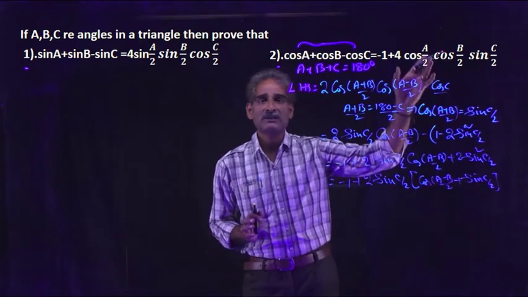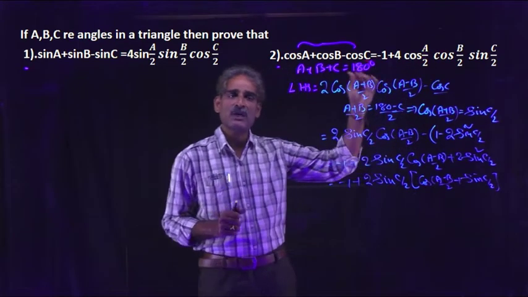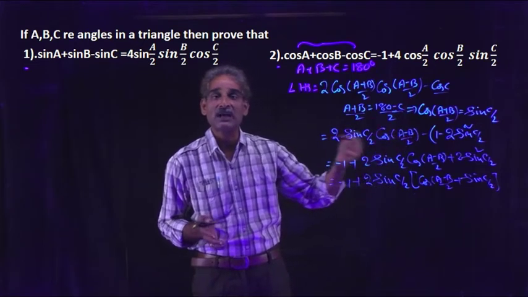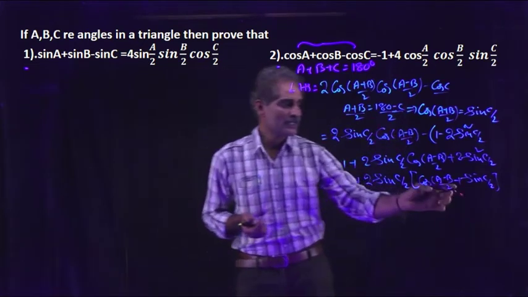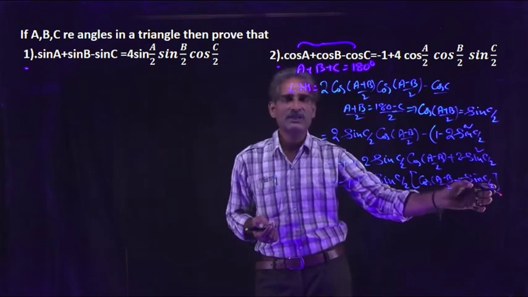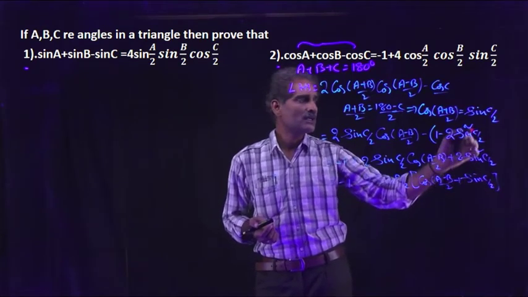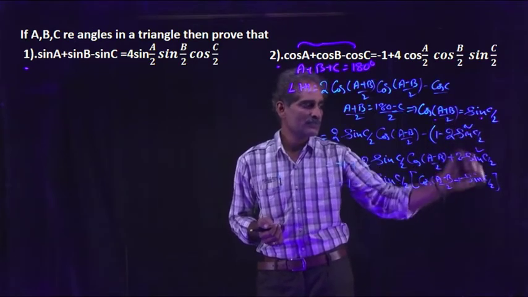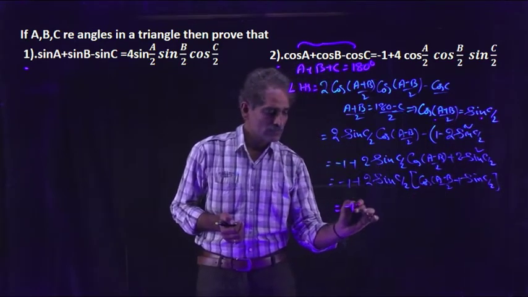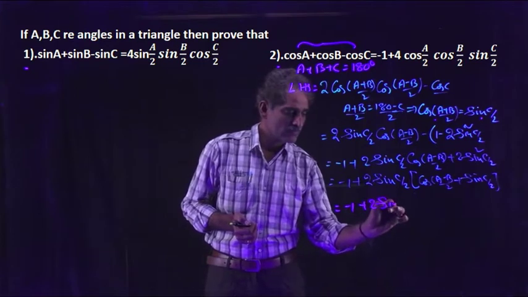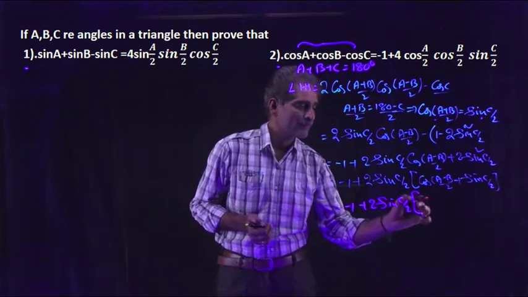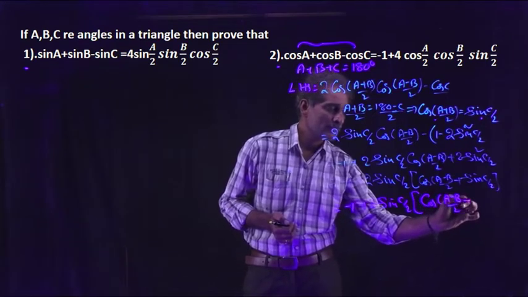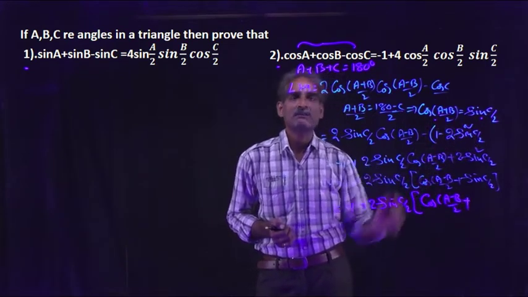In the required expression, cos A by 2, cos B by 2, sin C by 2. Already we got sin C by 2. Just whatever the remaining, cos B by 2 and cos A by 2. Already the first term is in terms of A and B. Try to write sin C by 2 also in terms of A and B. Already we discussed sin C by 2 equals cos of (A plus B) by 2. With the help of this, we can write cos of (A minus B) by 2 plus sin C by 2 is nothing but cos of (A plus B) by 2.